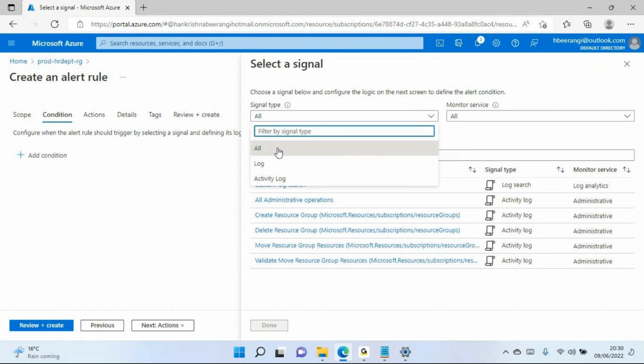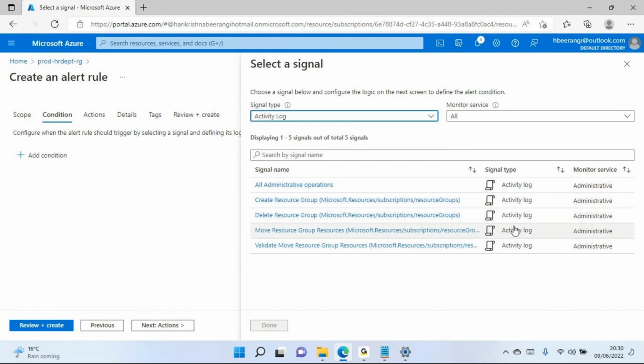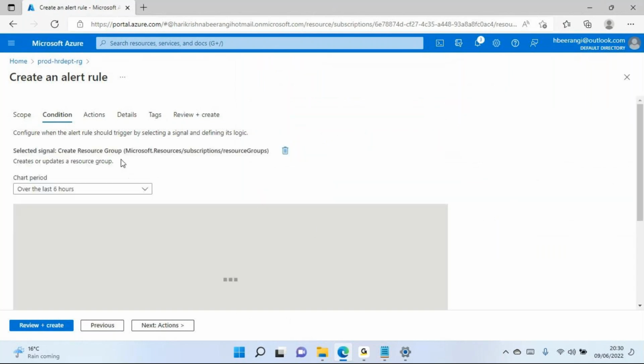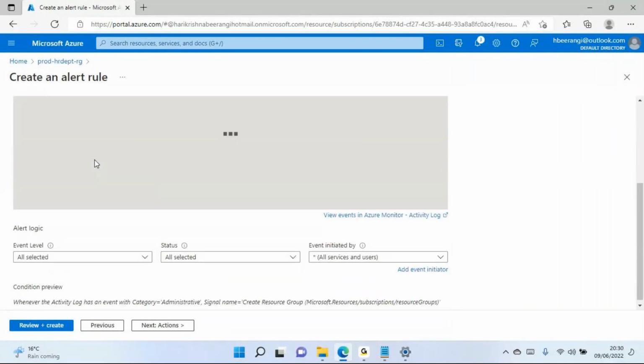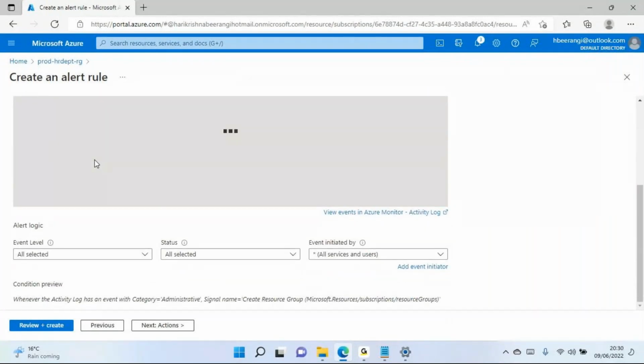సో ఇక్కడ ఆల్ లాగ్స్ అని ఉన్నాయి, యాక్టివిటీ లాగ్స్ మాత్రమే ఉన్నాయి. అంటే ఏంటి, సబ్స్క్రిప్షన్ లెవెల్లో ఎవరైనా యాక్టివ్ ఏమైనా చేస్తున్నారు అనుకో, లేదు ఎవరైనా రిసోర్స్ గ్రూప్ క్రియేట్ చేశారు. లెట్స్ యూజ్ దిస్ వన్. If someone is trying to create a resource group or created, then I need to get an alert. Okay, so I need to get alert on all of these conditions, whether it is critical, informational, or warning. Anything that any user is trying to do in this subscription and in this resource group, I need to get alert,